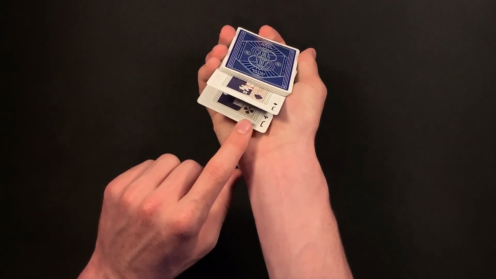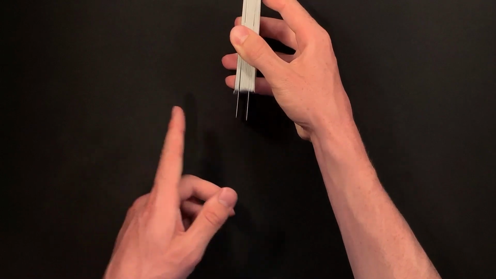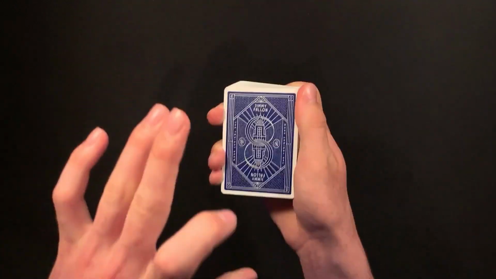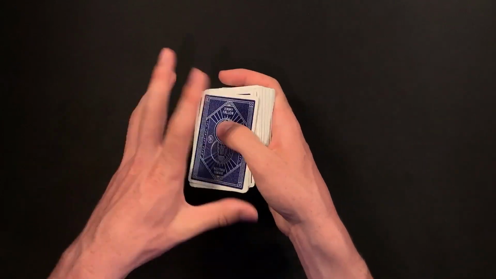Then the other one is going to be placed right where your break was. You can show that there is a decent amount of cards in between the two blackjacks to your spectator. You can even have them push in the cards. It does not matter. Now from here, you're going to spread out the cards like this, and you're going to